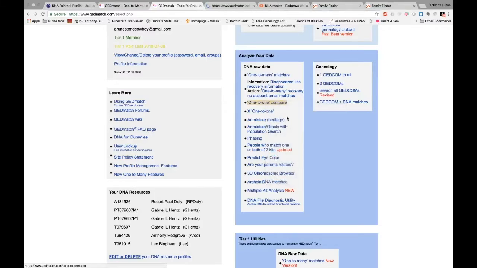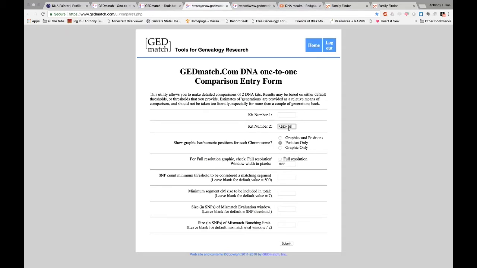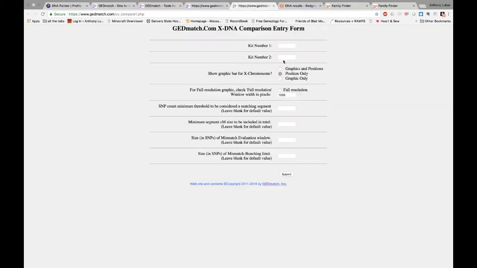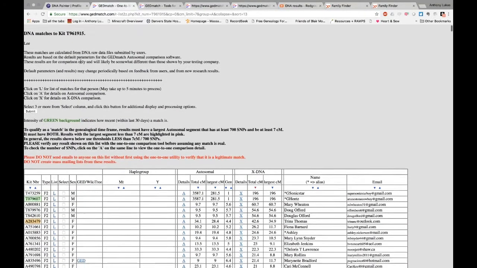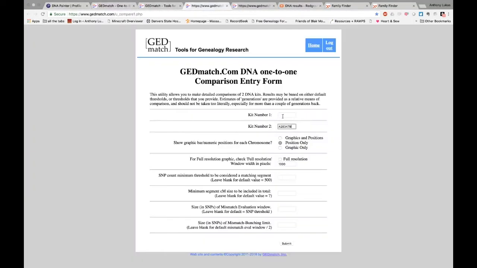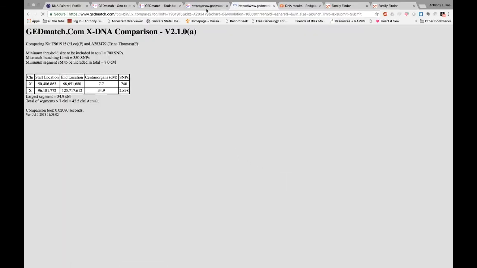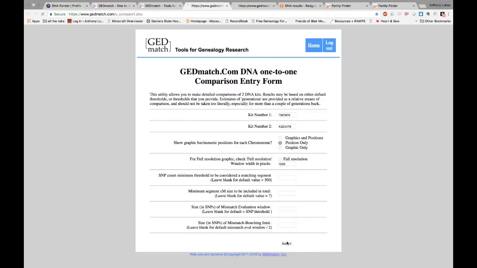Once you find a kit that matches both your autosomal and your X, you open up an X one-to-one and a regular one-to-one compare. Copy the kit number that you want to compare to into both of the windows that you just opened, and also your own kit. You can just run these side by side because we're going to need them for the next step. This is why I like to have lots of extra tabs open, because you're going to need to do a lot of copying and pasting in Gedmatch. So there's that, and we click submit on both windows and you'll see some results,